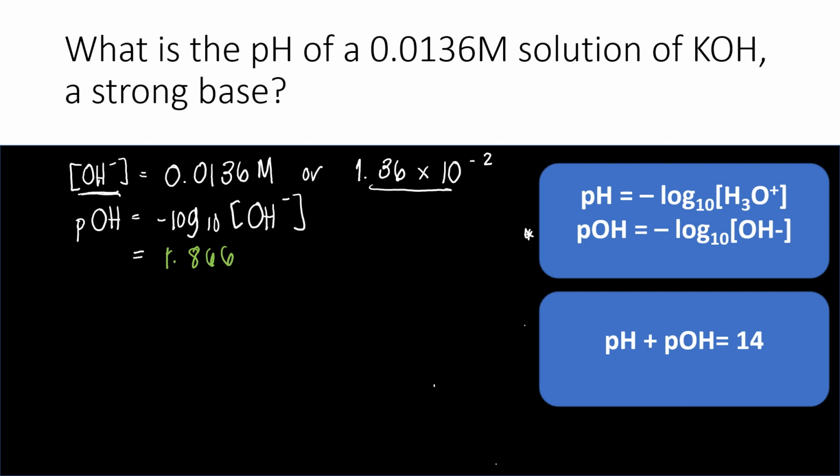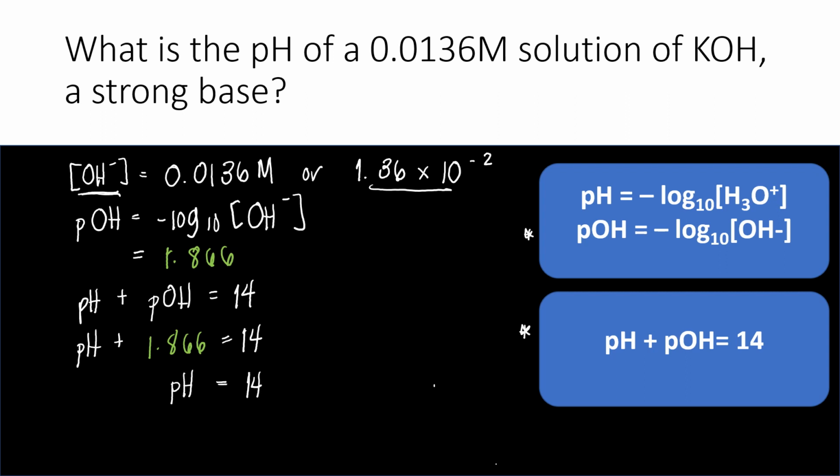Then we make use of the next formula, pH plus pOH is equal to 14. And we are looking for pH, but we already have the value for pOH, which is 1.866. Therefore, pH is equal to 14 less 1.866, and that gives us